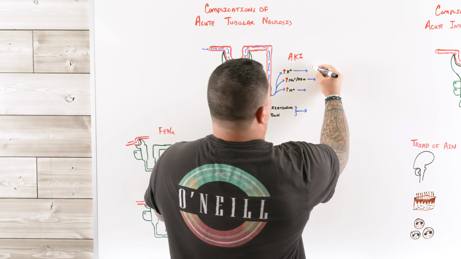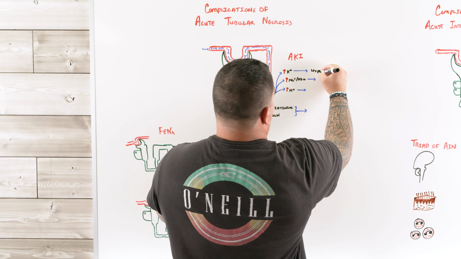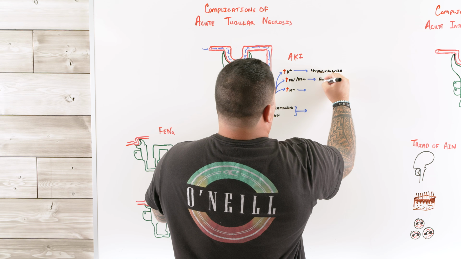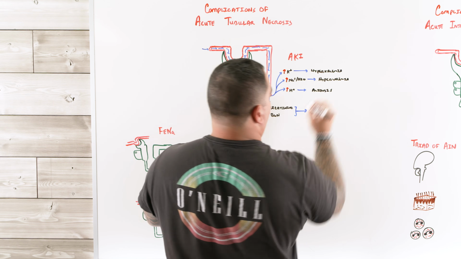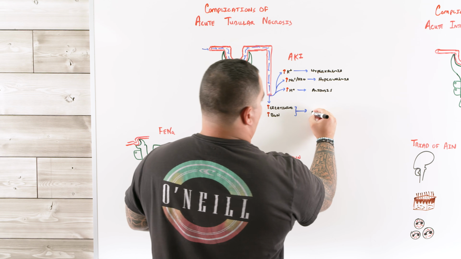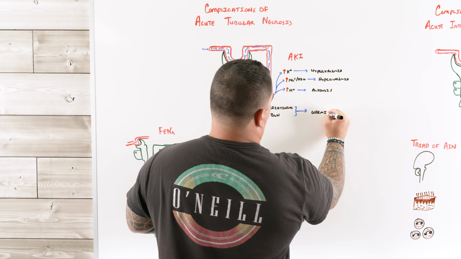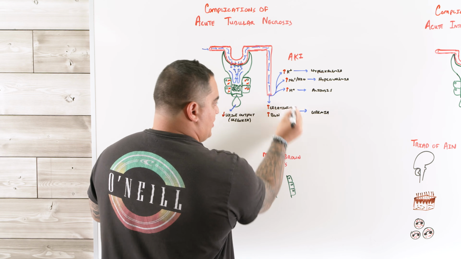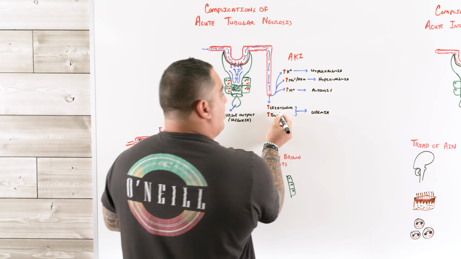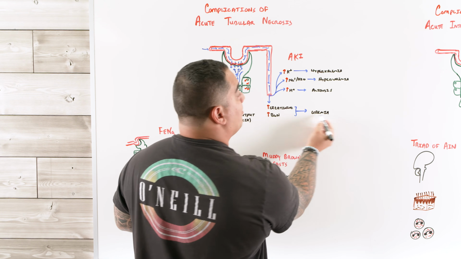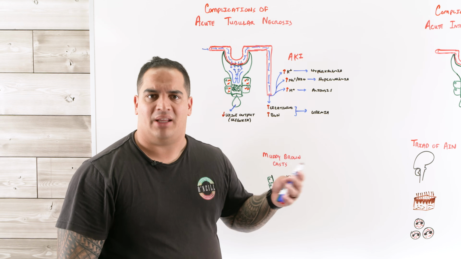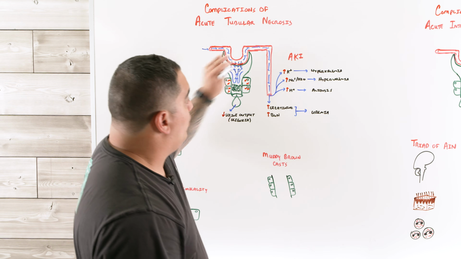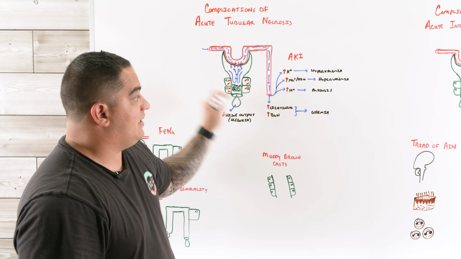And so that's the things that you have to watch out for here: hyperkalemia, hypervolemia, and acidosis. Usually this is an anion gap metabolic acidosis. And then lastly is uremia. So this is azotemia, which is an increase in the metabolic waste products, but if this causes complications, it can lead to uremia, especially things like encephalopathy, pericarditis, and bleeding. So we talked about that in AKI, but that's one of the biggest things that we have to be concerned